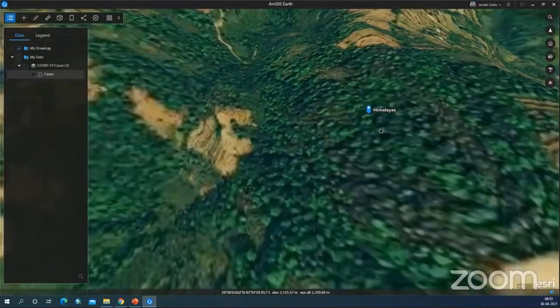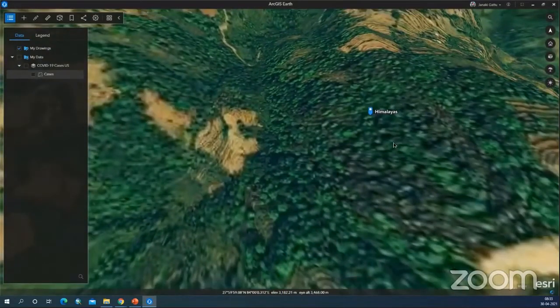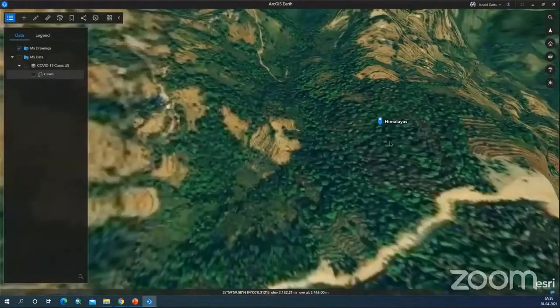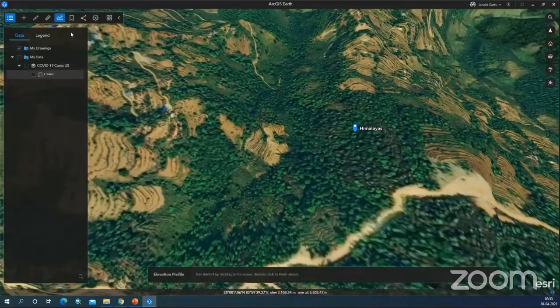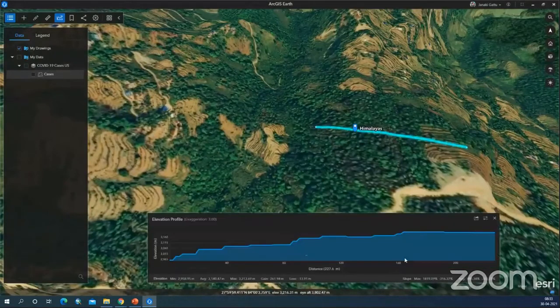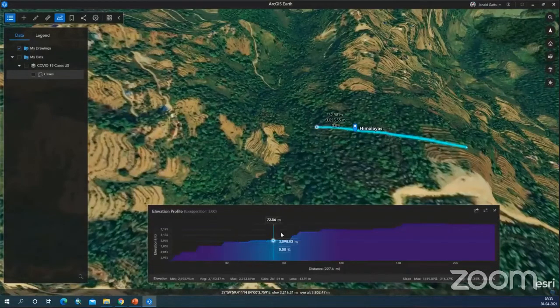So let us suppose I wanted to see the elevation profile of this particular area, yes, you can see that. Click on this interactive analysis, as I've told you, like critical tools. Click on this elevation profile and draw a line across this, and you'll be able to see the elevation profile that is being generated. And you can see from where the height is starting and how it has been increasing, and where it has more elevation and where it is coming down. So all these features you will be able to see here.